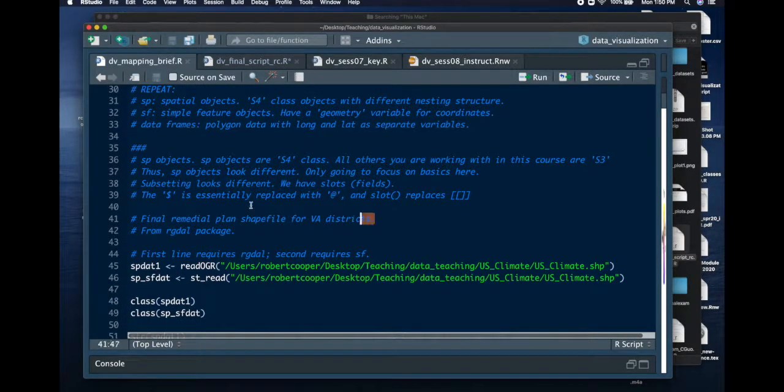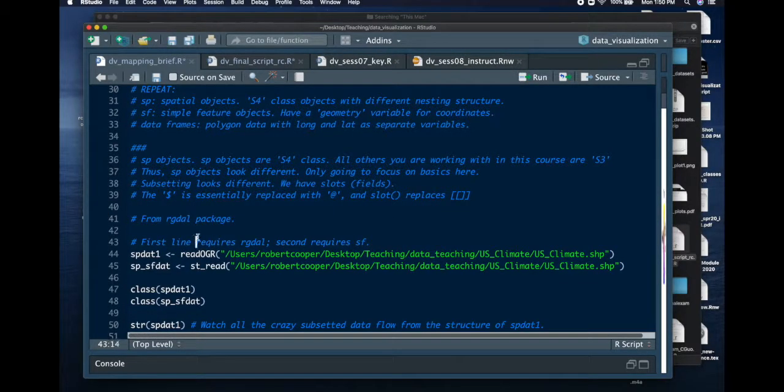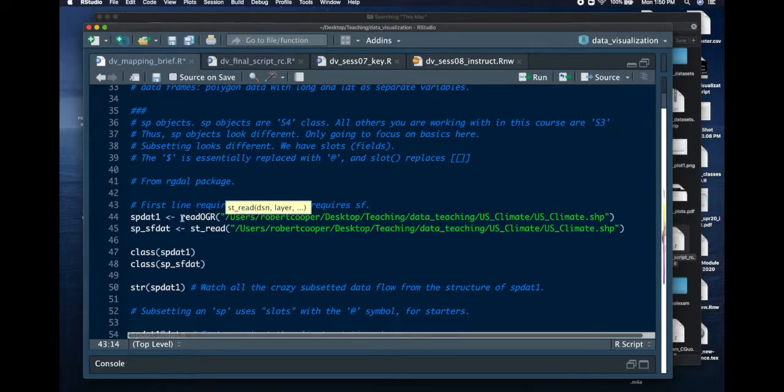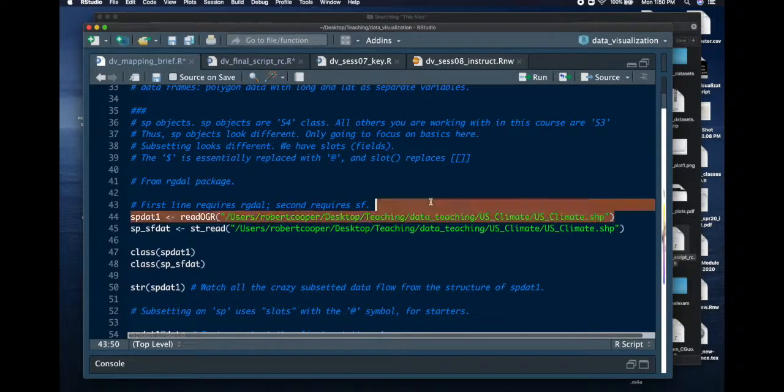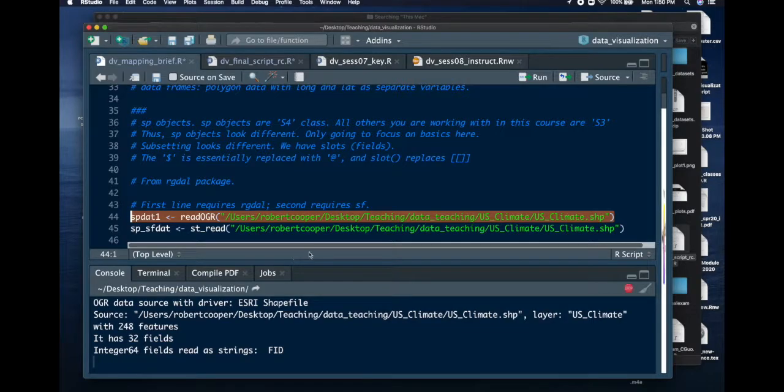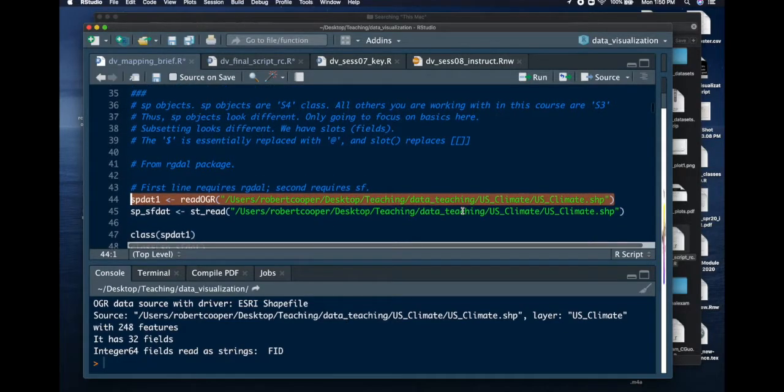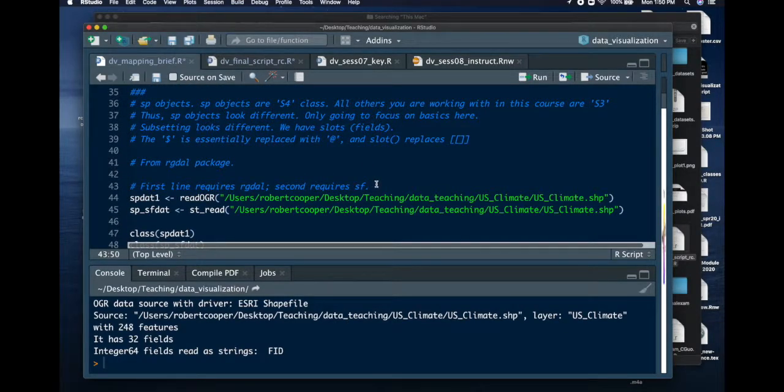So I've changed up the example here. I'm going to go ahead and read in some data. It's starting as a shapefile. Shapefiles will come in a folder with a series of files that you need to leave in the folder, but you only call the shapefile, the .shp file. So I'm calling it sp.1, and you'll see this come up, so this means that it worked. And then from the SF package, which helps with working with simple features, the type of object that I kind of prefer, you see